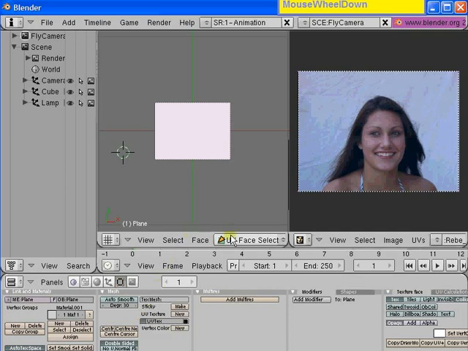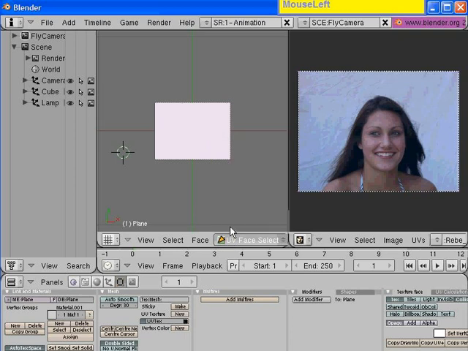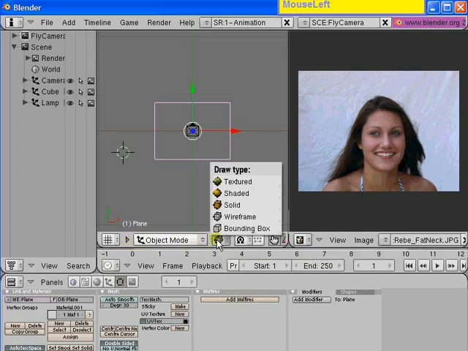If we leave UV Face Select mode and go back into object mode, we are still in wireframe, so we actually cannot see the image. So if we switch our display mode, I've minimized that menu by clicking that little arrow over there. If we change our viewport draw type mode to textured